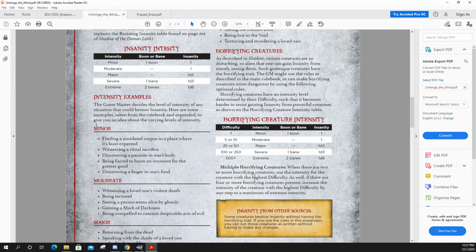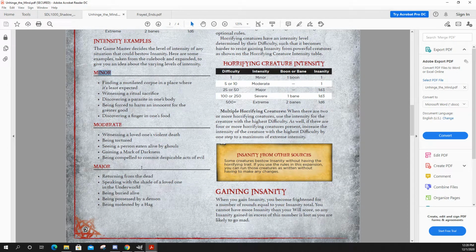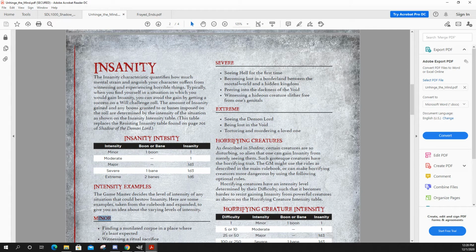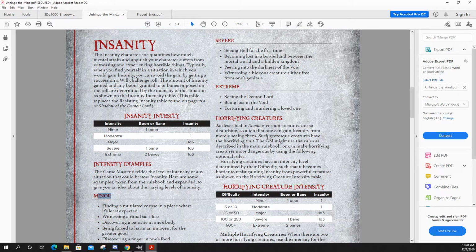So just for example, you have a minor situation, which could be like finding a finger in one's food. A moderate situation could be something like being compelled to commit despicable acts of evil. A major scenario might be being buried alive. A severe one might be becoming lost in a borderland between the mortal world and a hidden kingdom. And finally, an extreme situation might be seeing the demon lord being lost in the void or torturing and murdering